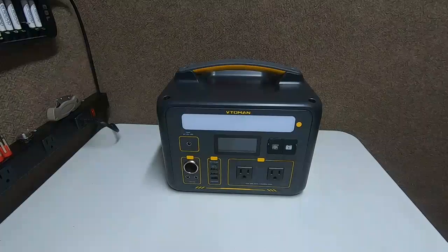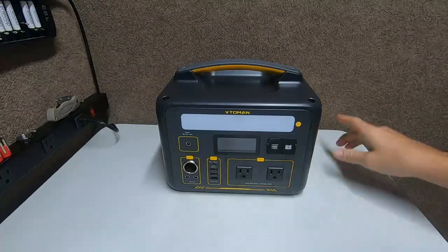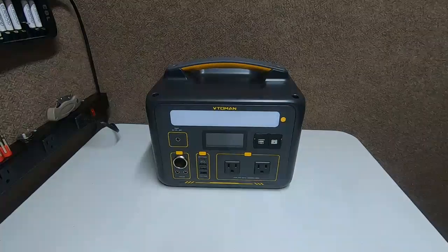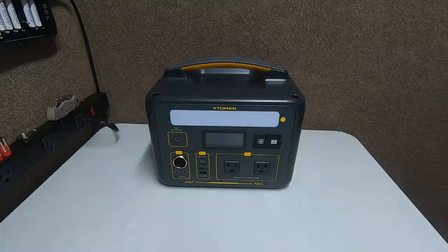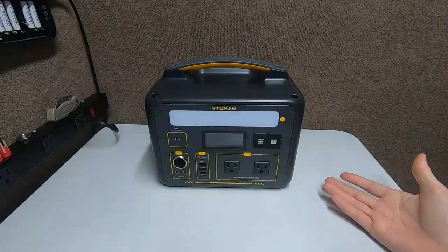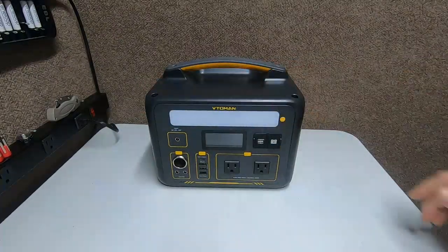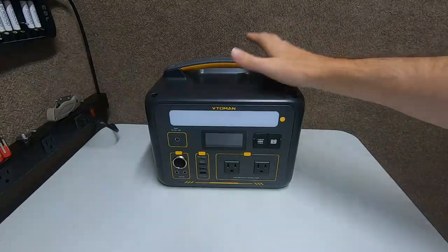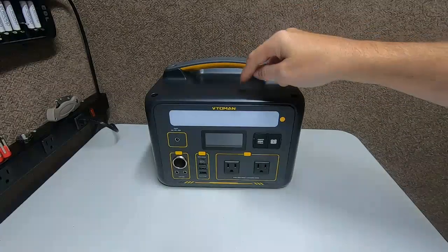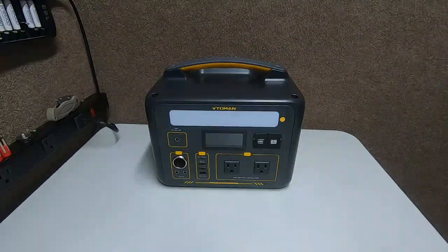While we're waiting, I'm trying to empty some of the power out of another power station so I can power dump it, and that way you can see how much power you get out of there. Your operating temperature is anywhere between -4 and 131 degrees Fahrenheit. Obviously, 131 is very hot. I don't think you'll ever be in that situation. The -4 is nice. It's sub-freezing, which is nice because it gives you more opportunity, and lithium iron phosphate goes down a little bit lower than lithium ion. Batteries in general don't like cold weather,